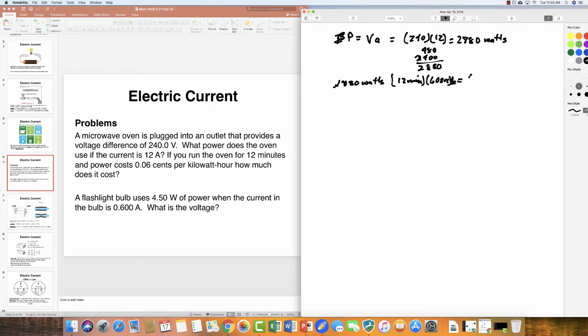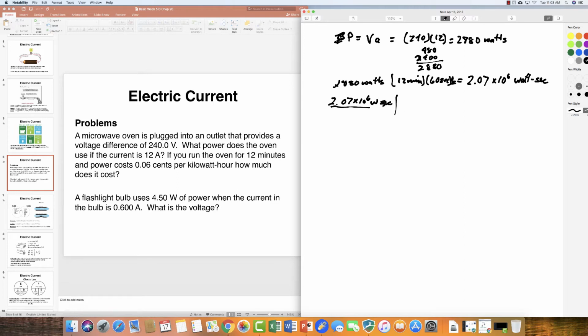That's going to equal 2.07 times 10 to the 6th watt seconds. Okay, so 2.07 times 10 to the 6th watt seconds